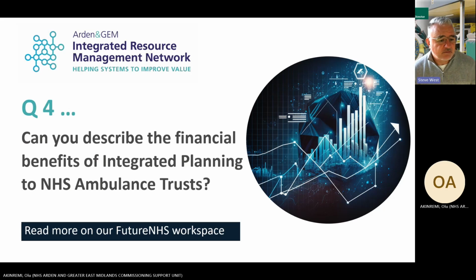So there's significant financial benefits internally with improving your forecasting accuracy and resourcing against that effectively. However, if you look at the potential for integrating across the health system and linking what's probably the biggest risk in ambulance services to delivery of performance at the moment, which is the link with ED departments and ambulances queuing outside ED departments, the potential to integrate our planning as a system, and for our output to feed into an